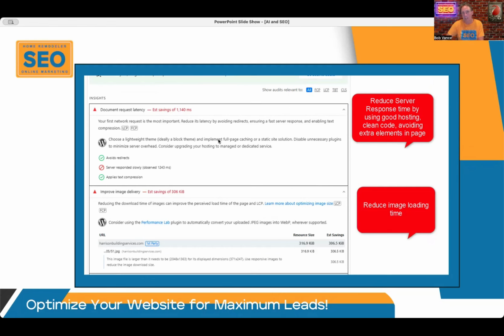When you run these tests, you're going to see some of those JavaScript or CSS code errors. That's what we're talking about, cleaning up that code. A good web developer will write clean code. It's like doing remodeling. You might have a really good remodeler that really trues up and squares their cabinets. Everything's in line. Everything's perfect. The doors are opening and closing. The soft close doors are working. The hinges are all aligned.